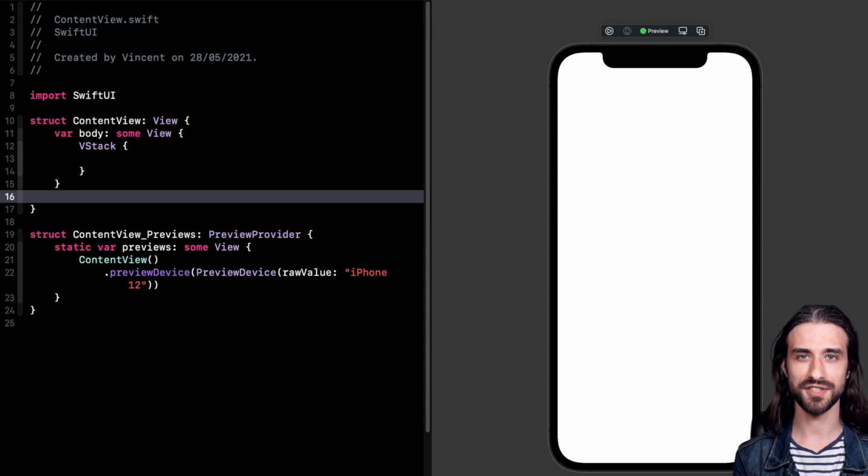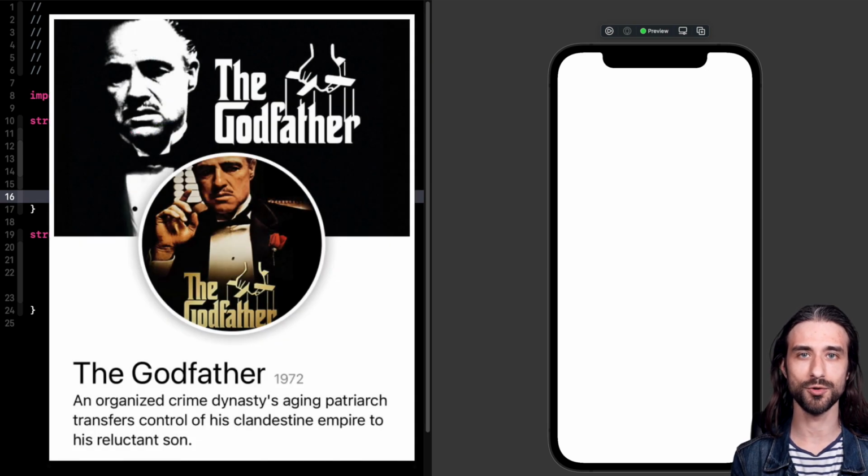Hey, what's up? So, exciting video today because it's the first time on this channel that I post a video that is about SwiftUI. You've seen the miniature, so you already know the concept of the video. Here is the view that I want us to build together, and we're going to build it piece by piece.